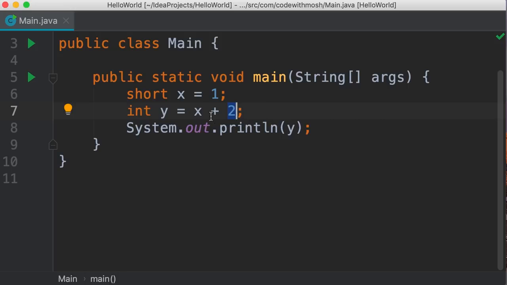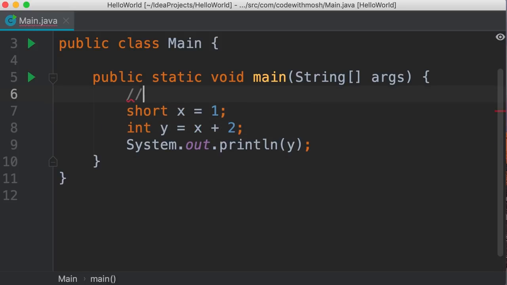First, Java looks at the value in this variable. It's 1, right? It's going to allocate another variable, an anonymous variable somewhere in memory. We don't know where that is. We don't know the name of that variable. It doesn't have a name. It's anonymous. That variable is going to be an integer. Then Java is going to copy the value of x into that memory space, and then it will add these two numbers together. This is what we call implicit casting.